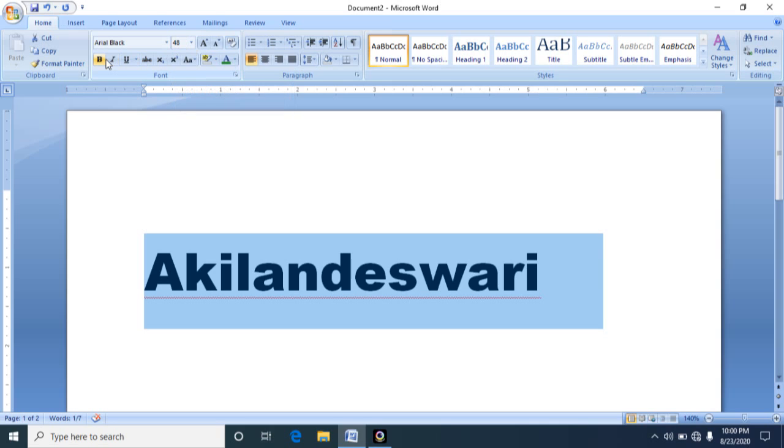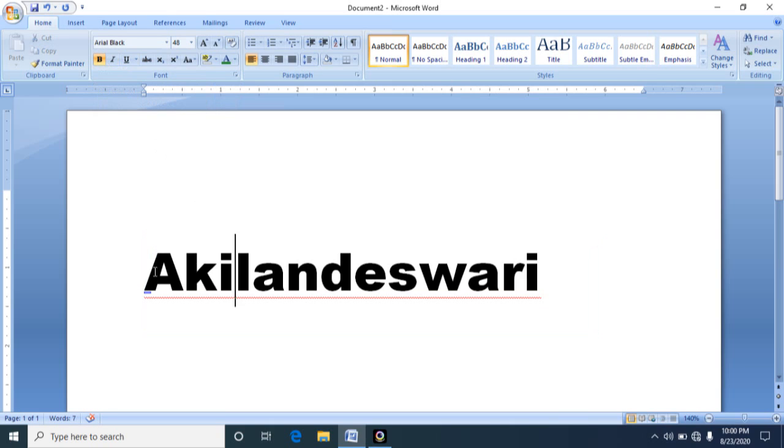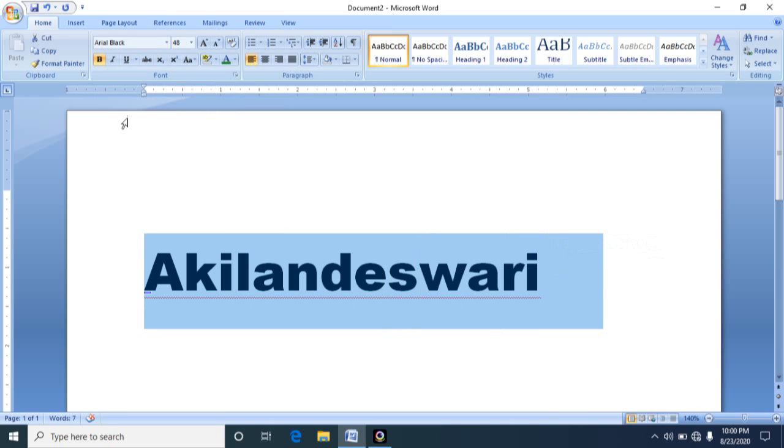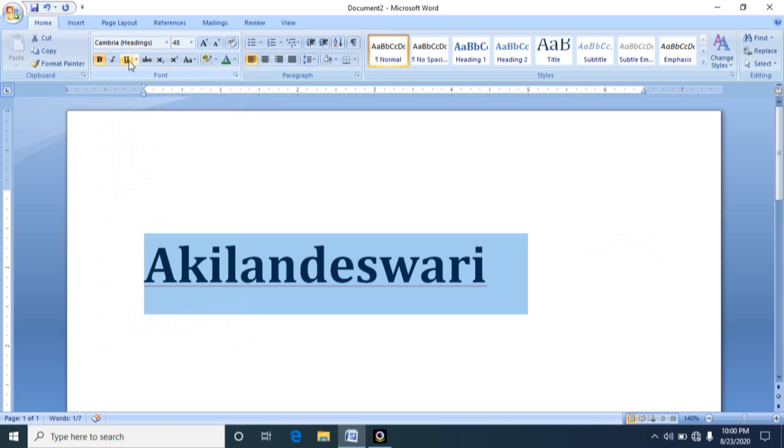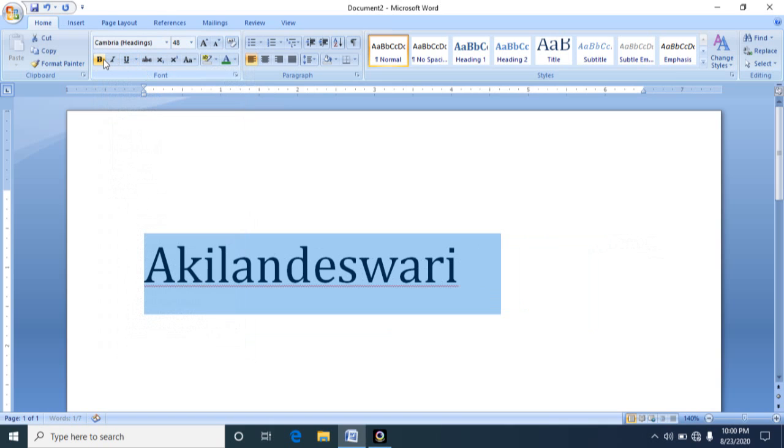These three are the most important font styles everyone will apply in their document. The first one is bold. If you apply bold, it will make your text bold. Currently I am with Arial Black, so we couldn't see the difference. Suppose now I change it to Cambria.